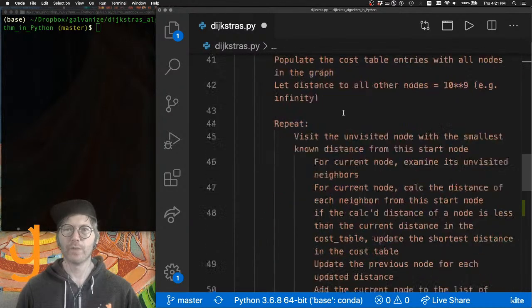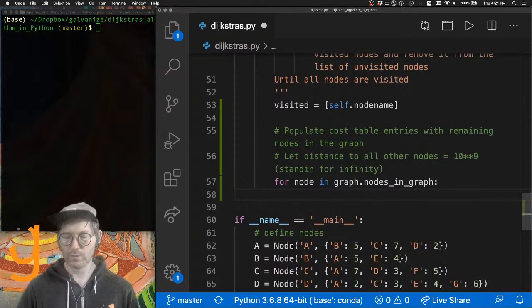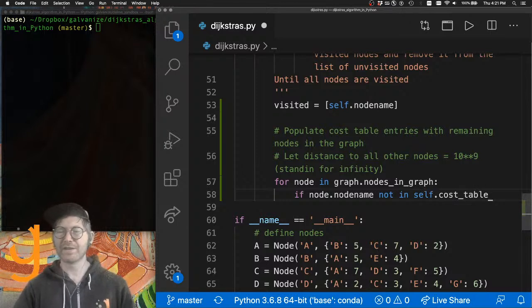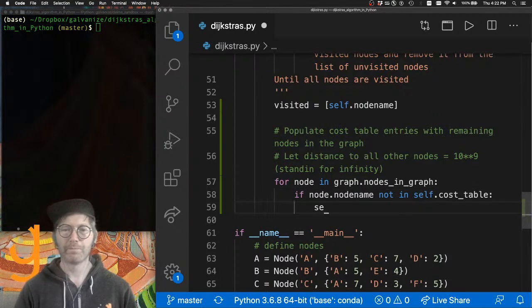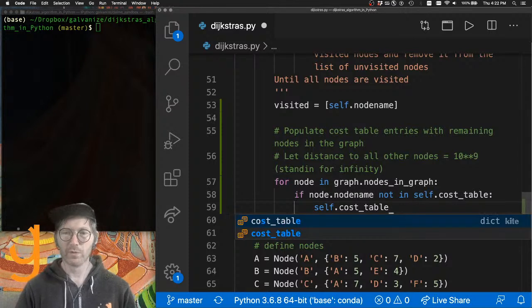So let me just go back down here: for node in graph.nodes_in_graph, we're going to go ahead and say if the node.node_name is not in self.cost_table, as in we have not added it to the cost table. So this will exclude the self name, and it'll exclude the immediately adjacent nodes. So if node.node_name is not in self.cost_table, we're going to update the cost table, and we're going to say